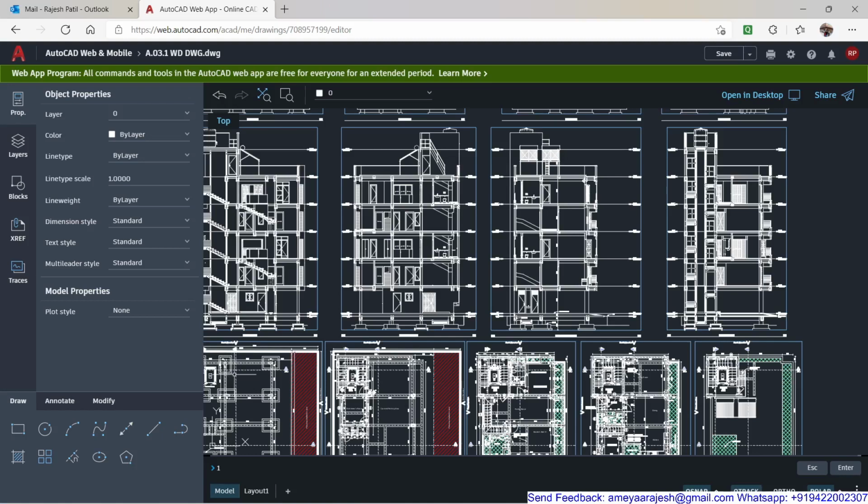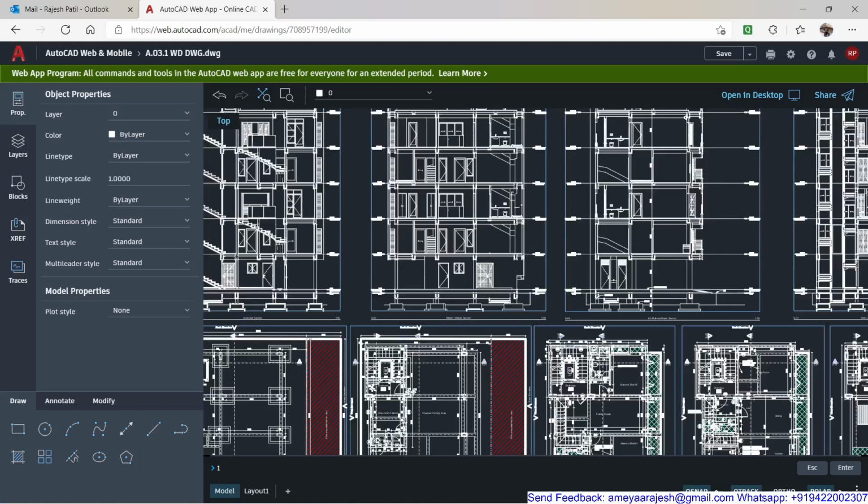It has been reduced 50 times because the scale for all the layouts and all the drawings which I have pasted was supposed to be 1:50.